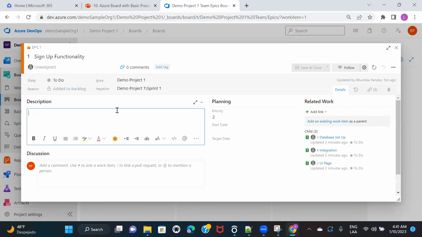All right, and similarly, do not worry about all these things, I can still explain to you. For example, this is the area. It is just showing you which project this epic is part of, right? And iteration will basically show you that. So if you already have an idea about a project, about sprints, about iterations, then you will understand this. But if not, just keep in mind that